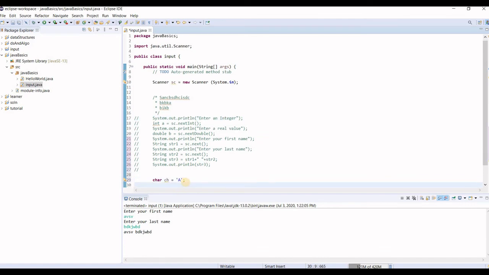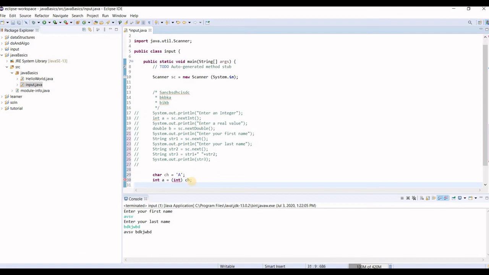Now I have this A stored in ch variable, and I want to display its ASCII value. Then I would need an integer variable, say int A equals to, and then I'll explicitly convert this character variable into the integer variable, int ch, and then I'll print this A, sys out and this A.